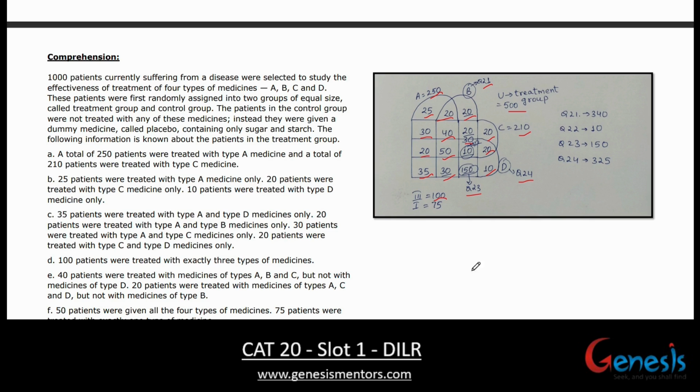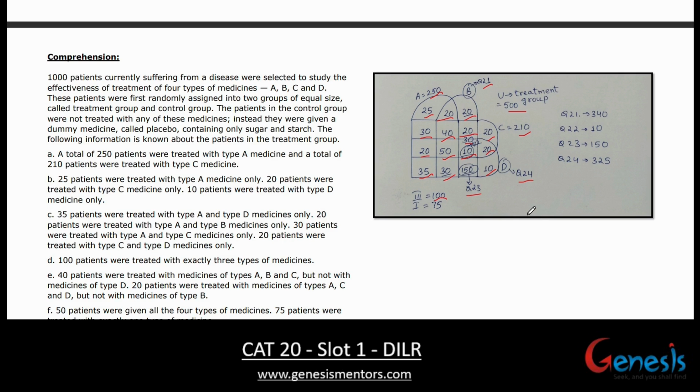Right, what all we have? We have total third region is 100. The third region is 20 plus 40, 60 plus 30, 90. So this remaining will be 10. So if this is 10, this will be 20. Right.